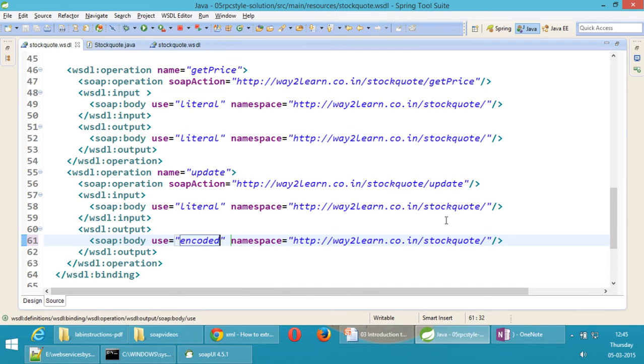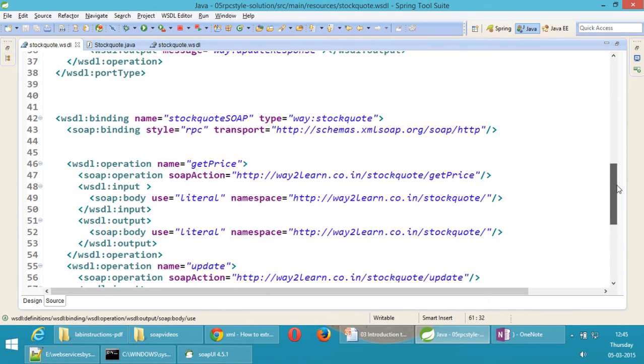If I try to generate the Java classes by configuring use equals encoded, I will get an exception. So nowadays we always use literal style, whether it is RPC web services or document style web services, it is always use equals literal.